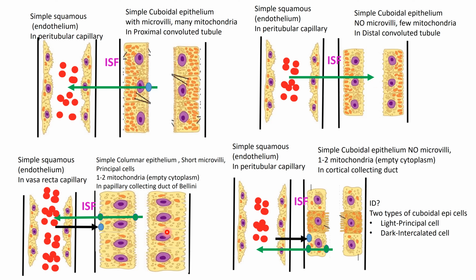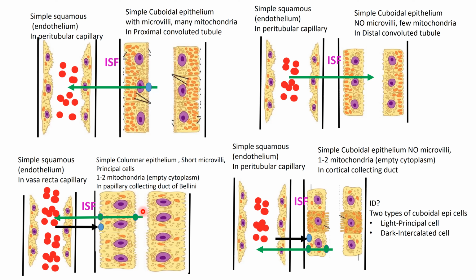Now, this one I put here for you so you can compare these two with each other, because it's technically the same thing. This is simple columnar epithelium with a little bit of microvilli, very little mitochondria, like empty cytoplasm. So you are looking at basically the principal cells in the papillary collecting duct of Bellini